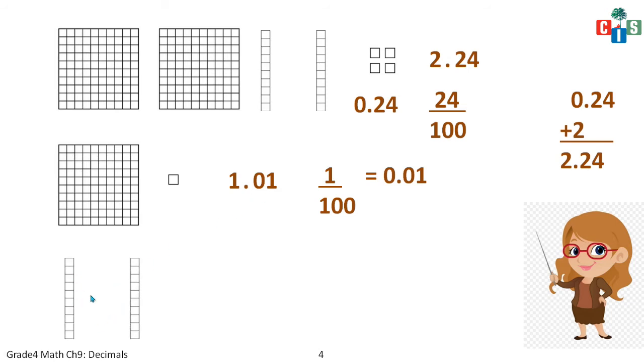Now let's take this example. There is no whole part as such. Directly ma'am has taken 20 and 2 here. So 22 is there, but I will not write 22, because it is not the whole part. It is the part after the decimal. So I will write 0.22. Because before the point, what did we read? There should be a whole part, and after the point there should be decimals. Here we don't have any whole part, so it is 0.22.